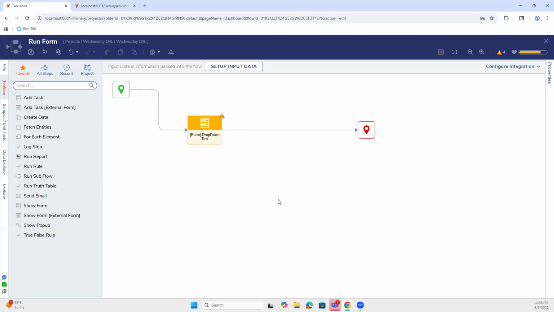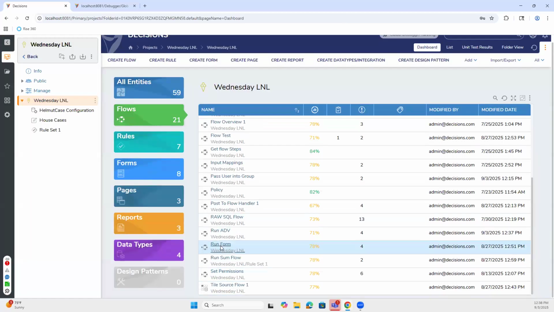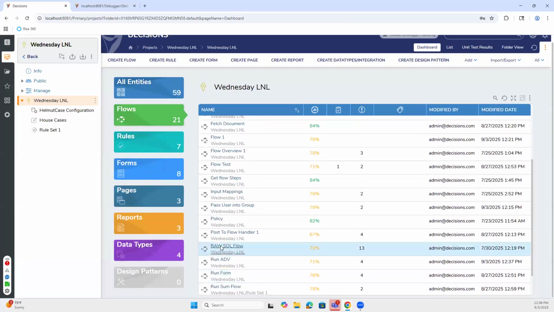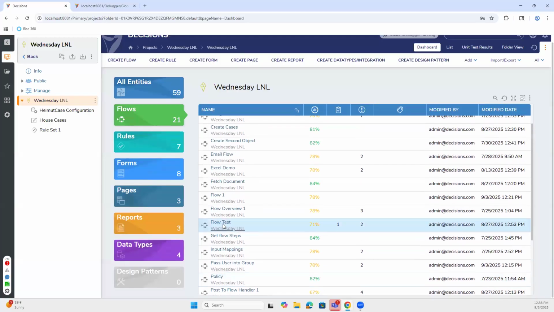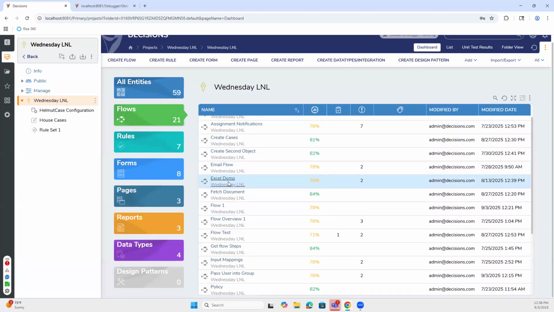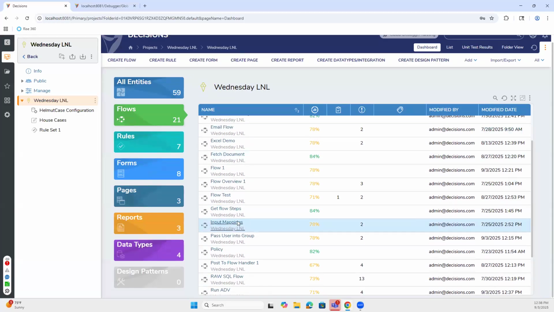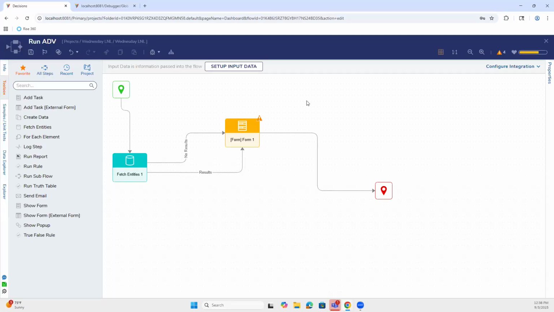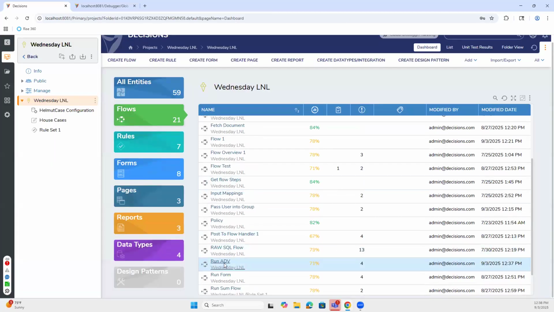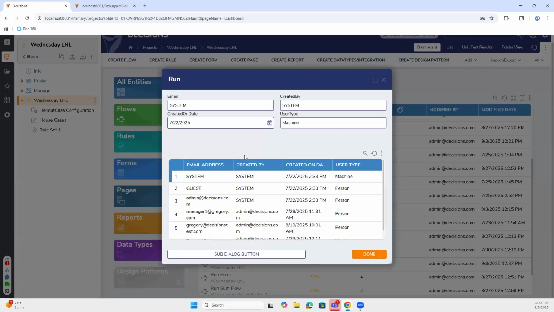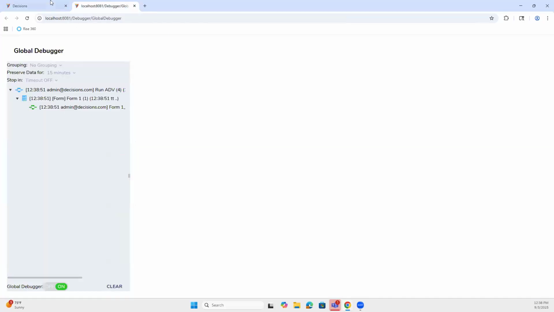Run form. I think we called it run form. Nope. What do we call this? Flow test? No. Was it run ADV? It is run ADV. Thank you. Okay, so if I click run ADV real quick, all the stuff is going to show up here